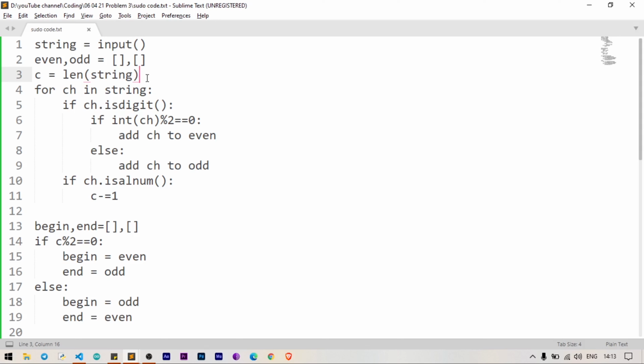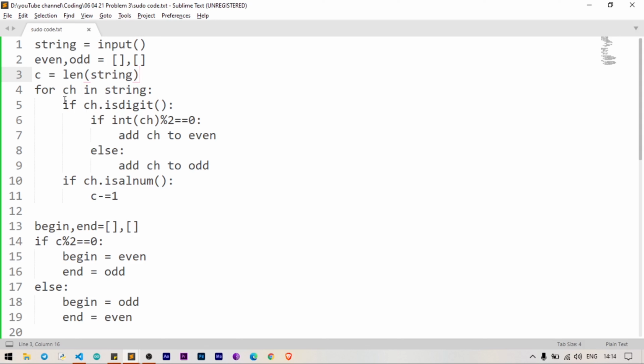In Python, we have functions to check whether a character is a digit, an alphabet character, or all numeric characters. We don't have a function that checks for special characters, or that counts special characters, or that checks whether the given character is a special character or not. Those functions are not there. So that's why we are initializing C with the length of the string and then we will subtract each and every digit or each and every alphabet from C.